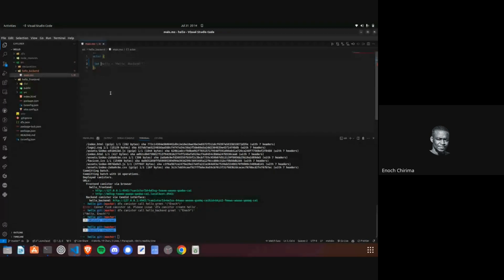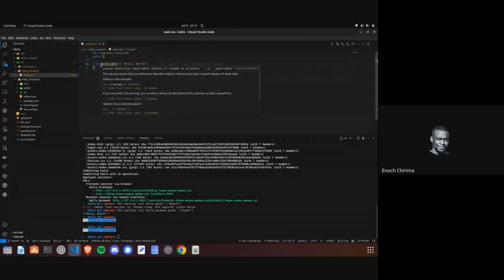Let my variable hello world, right? With this, I have declared a variable, and the let keyword is important. You can use the let keyword, or you can use the var keyword. You will see what that means. Like for let, so